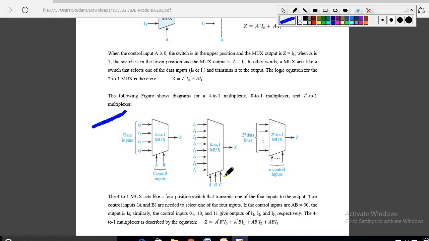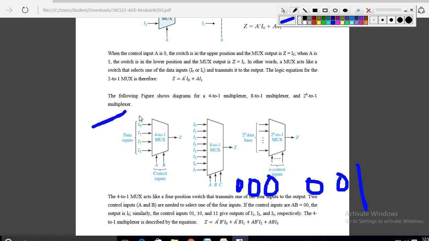Here there are only ABC 8:1 multiplexers, 4:1, 8:1. The input has 0 0, all the 3 bits 0 0 0 and 0 0 1 like that. It means these 2 control inputs act as 1 control input and these 3 control inputs act as 1 control input. So these are the 8 data inputs and these 3 control inputs ABC, for example 0 0 0, form 1 control input, 0 0 1 like that. All the 3, ABC, are combined as 1 control input. For that reason it is an 8:1 mux.